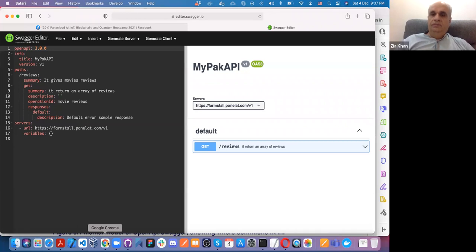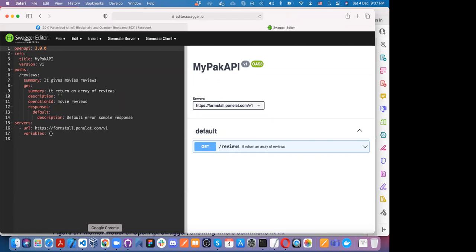So this specification can be used by humans. Humans write it, and it can be used by humans to understand what the APIs are offering, as well as by machines, the software and programs, to define the APIs. For example, you can have mock servers defined, test servers, stubs, and all the rest of the stuff.